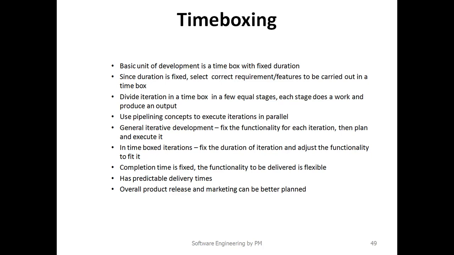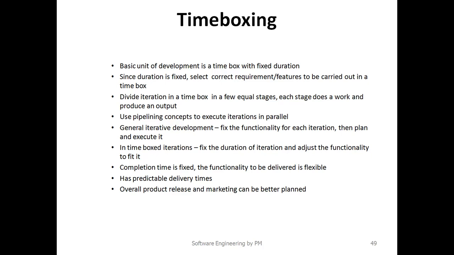For example, if the first iteration takes T time, and the first iteration is made up of 3 activities, then the average time for each activity is T/3. Even before that particular iteration is completed in T time, the next iteration can be started after T/3 time, and the next iteration after another T/3 time. Like this, when you compute the total timing, it will reduce the total development time.